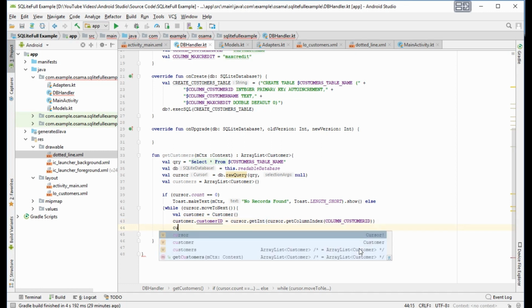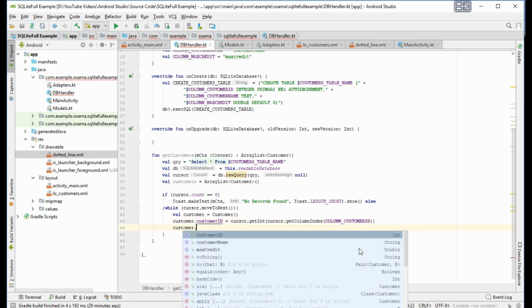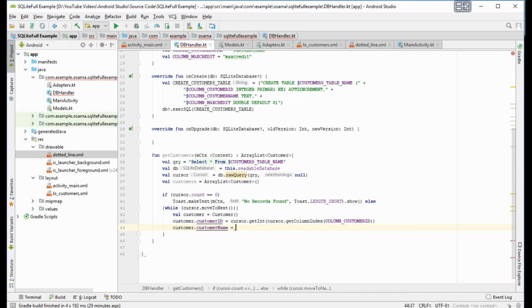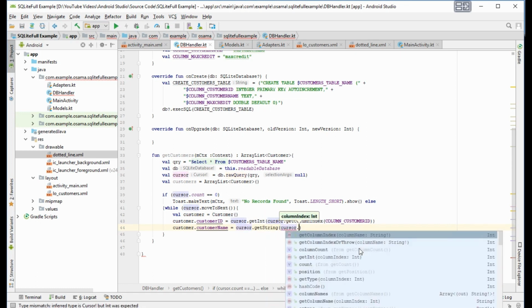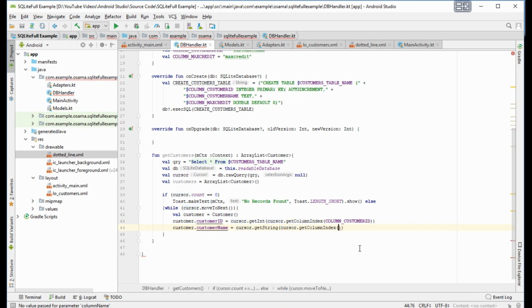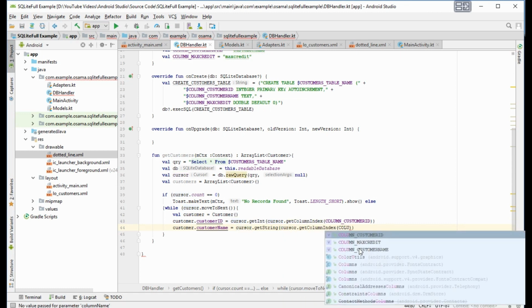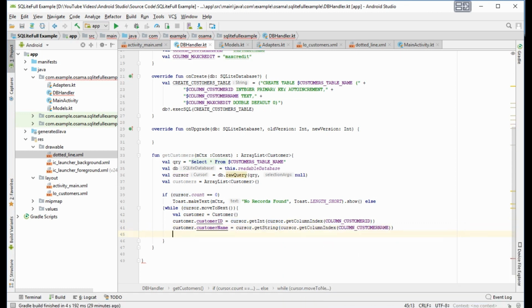Customer dot customer name equal cursor dot get string, because it's a string value, cursor dot get column index for column customer name.